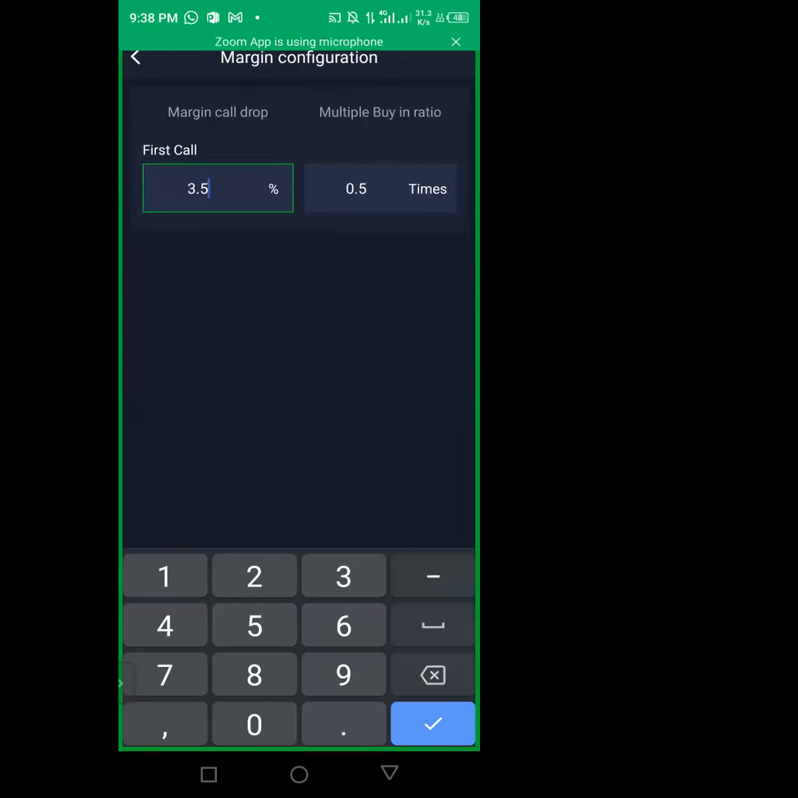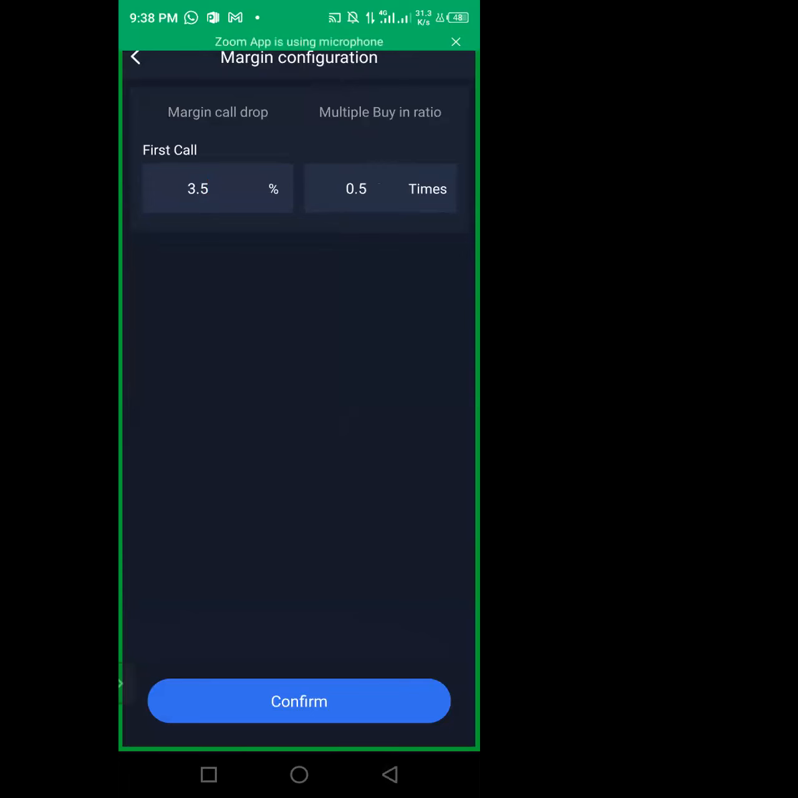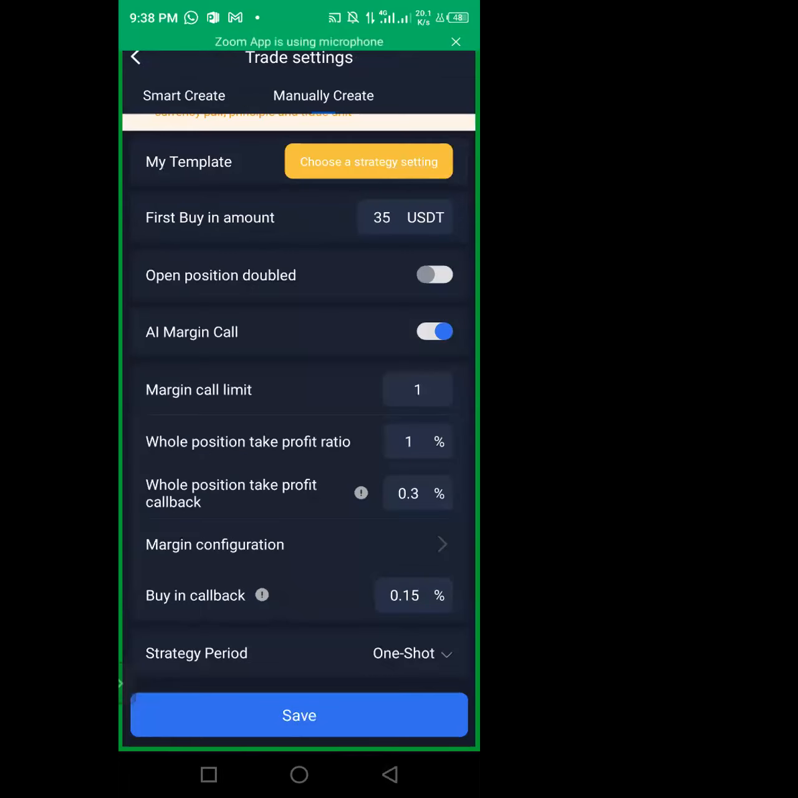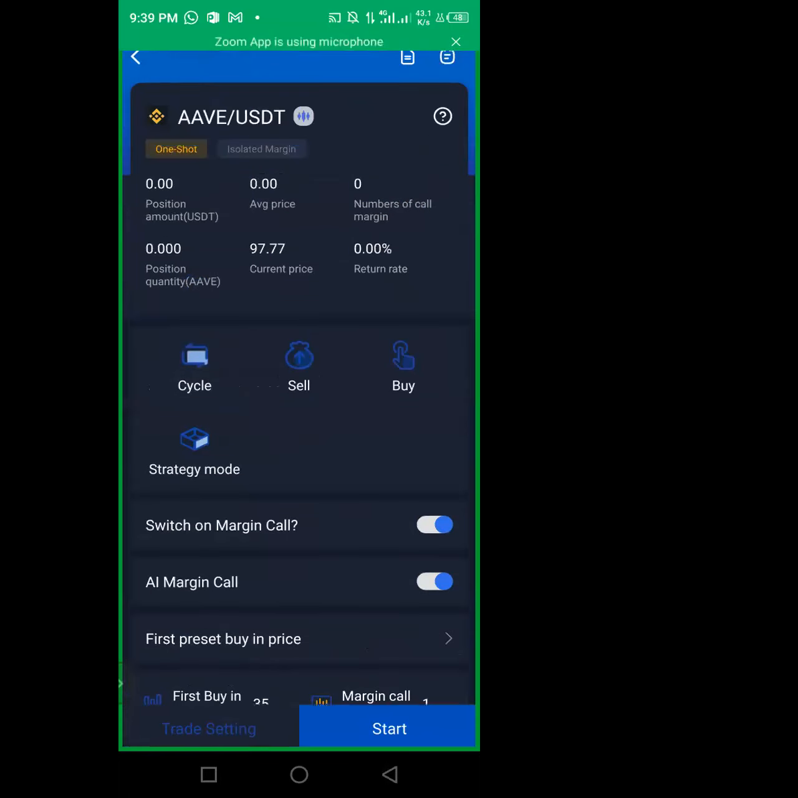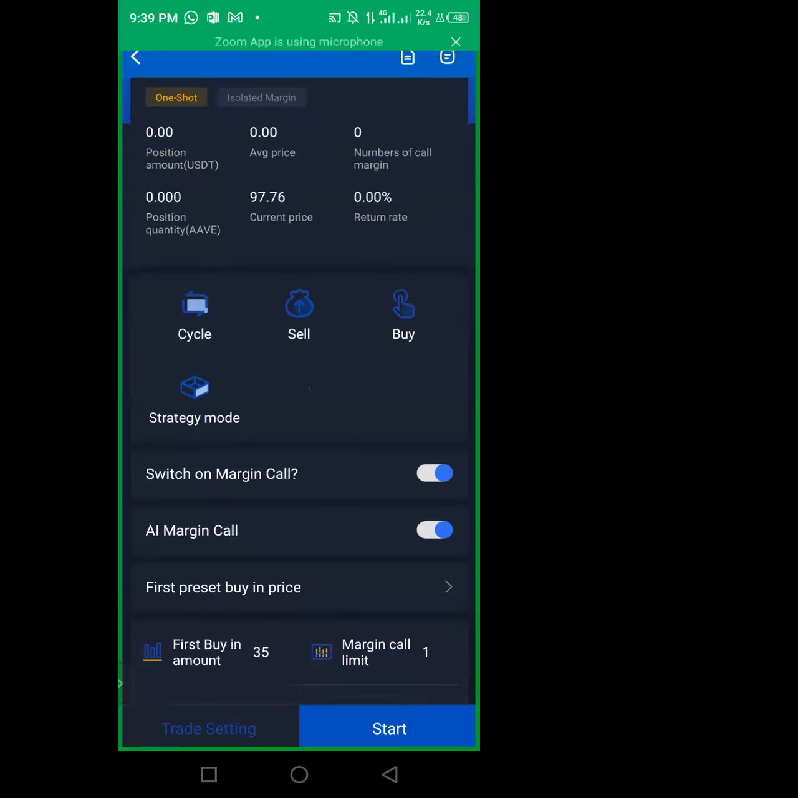I will still come back here to explain, but let me just explain the one I'm doing now. I want to explain the AI margin calls. So we have already set it to be 3.5. Now, if you start this trade, this AAVE, and the return rate comes down to minus 3.5, normally the robot should buy the margin calls for you. But because the AI margin call is on,